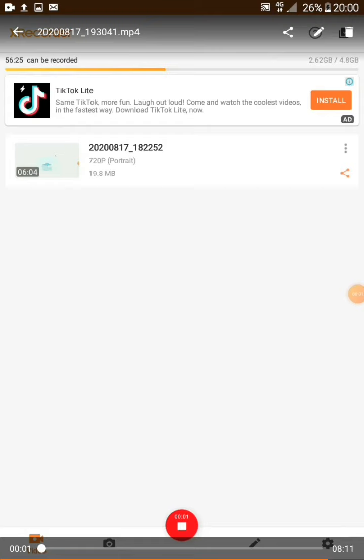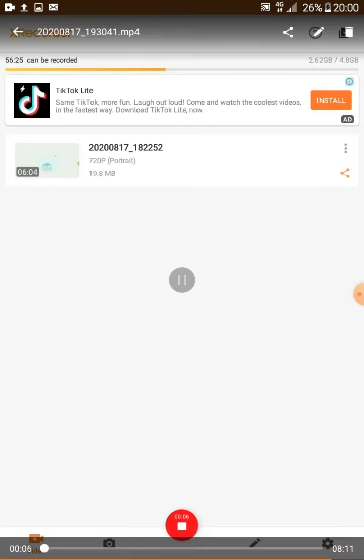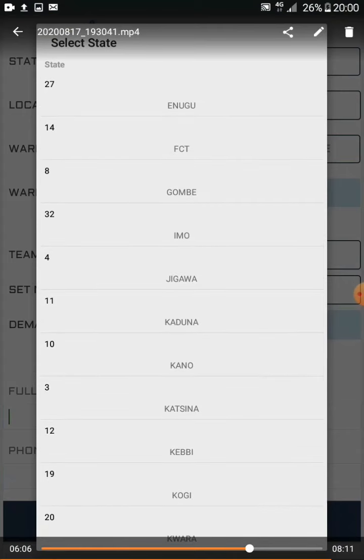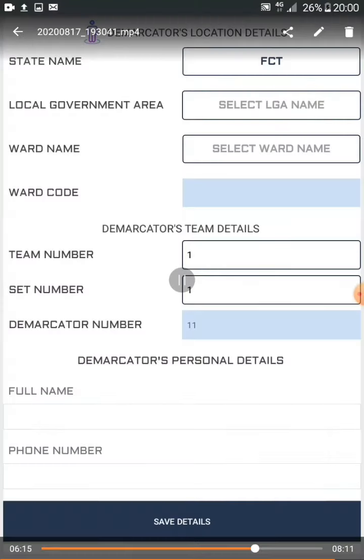Good morning all. My name is Mike-eze, and I'm here to where I am on assignment. I have seen 14 FCT, so I click on FCT. For the automatically the ward code